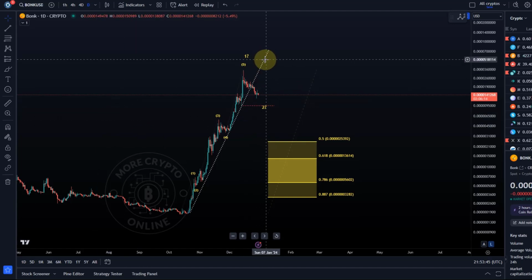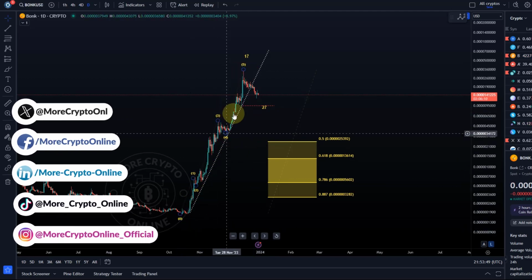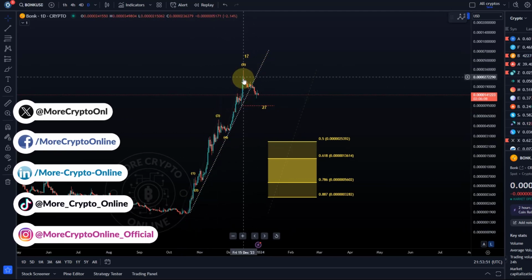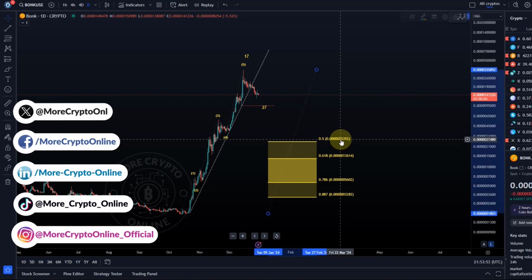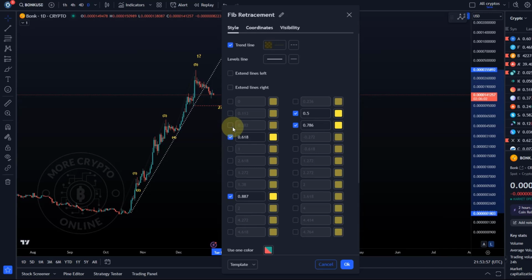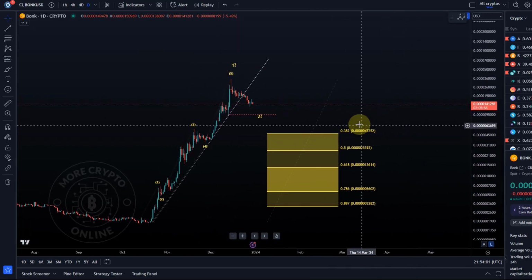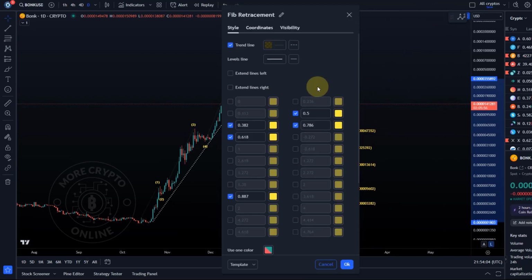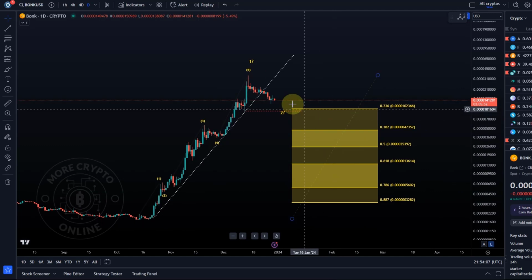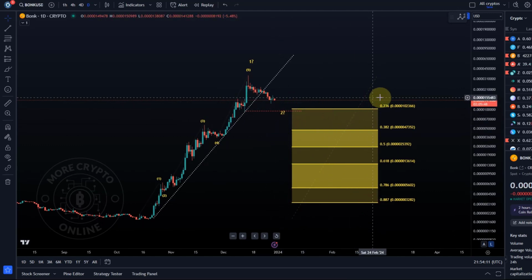Bonk has already declined significantly since the high. The price has formed a potential 5-wave move to the upside, and we've got our support levels here on the chart. I would actually add the 38.2 retracement level as well, just to give you some levels to watch, including the 23.6 as well. Even though that's a huge area, we are dealing here with a highly...